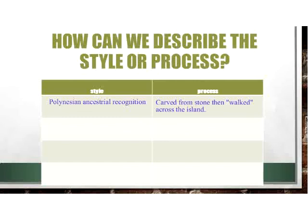So, yeah, Polynesian ancestral, carved from stone, then walked across the island. And also you can say too, when we're talking about style, don't be afraid just to think, how would I describe this to someone who didn't even know the word Polynesian? Like, how would I describe this to my 4-year-old cousin? And so I might say it